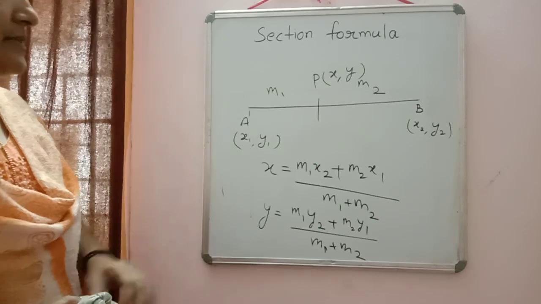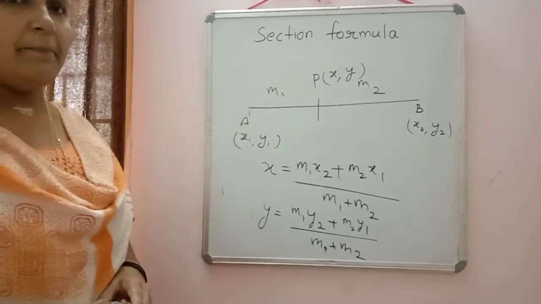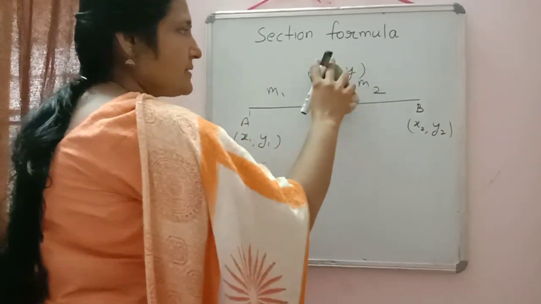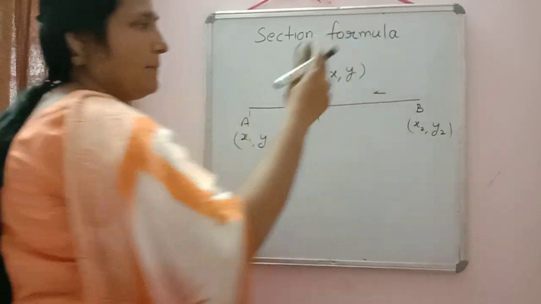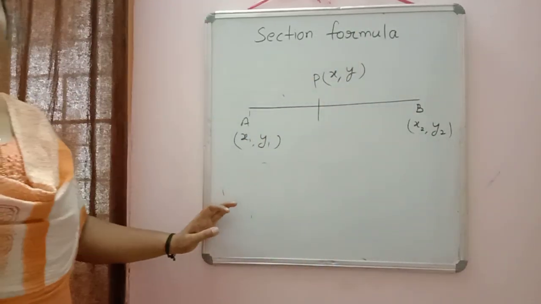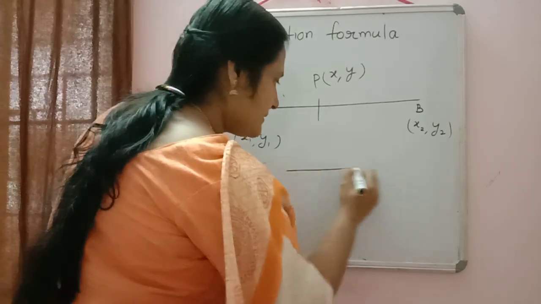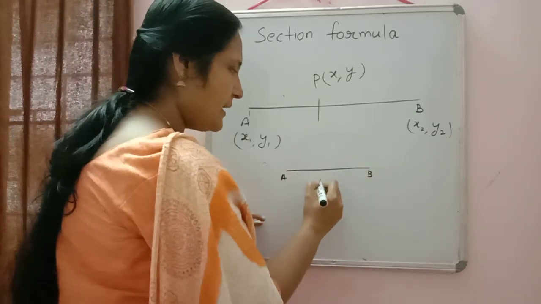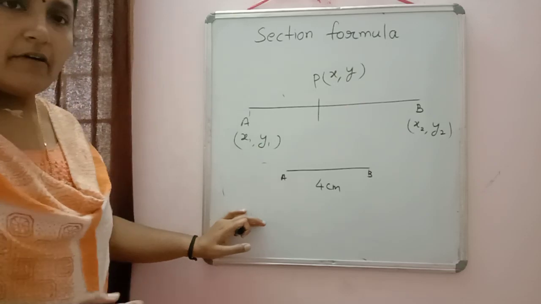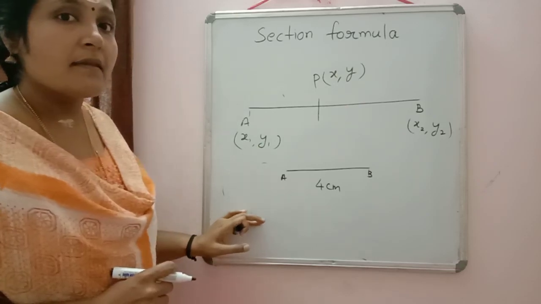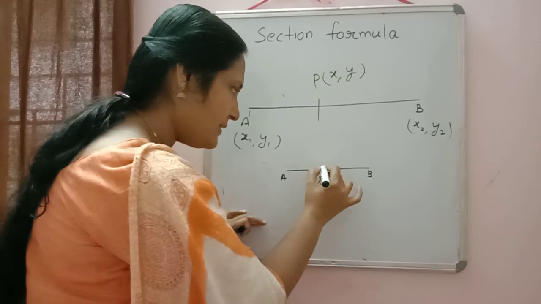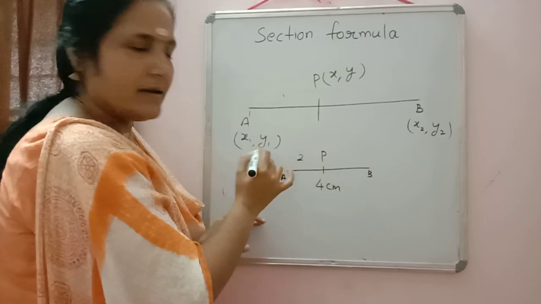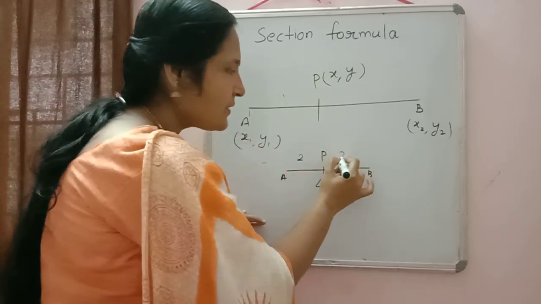Now we will check, suppose at present I have taken P as any point there. If I am taking P as the midpoint of AB, in that case, we will check what will be the ratio there. So, suppose I have taken a line segment. I am drawing this just for an example there. Don't draw this one. If I have drawn a line segment AB of 4 centimeter, where will be the midpoint of AB? Yes, we have to take the midpoint of AB somewhere here, P, such that AP should be equal to 2 centimeter and PB also should be equal to 2 centimeter.